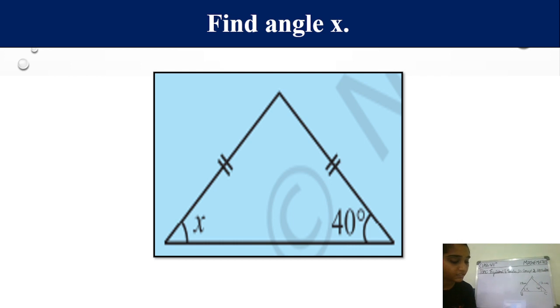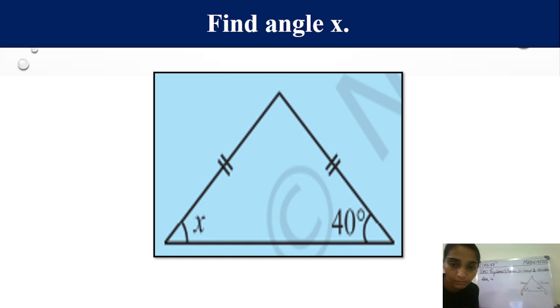You must be saying that, ma'am, we will use here the property of isosceles triangle, which we have discussed just now, that in an isosceles triangle, what happens, students? Yes, the base angles opposite to the equal sides are equal. They are also equal. So let us write the reason that since,